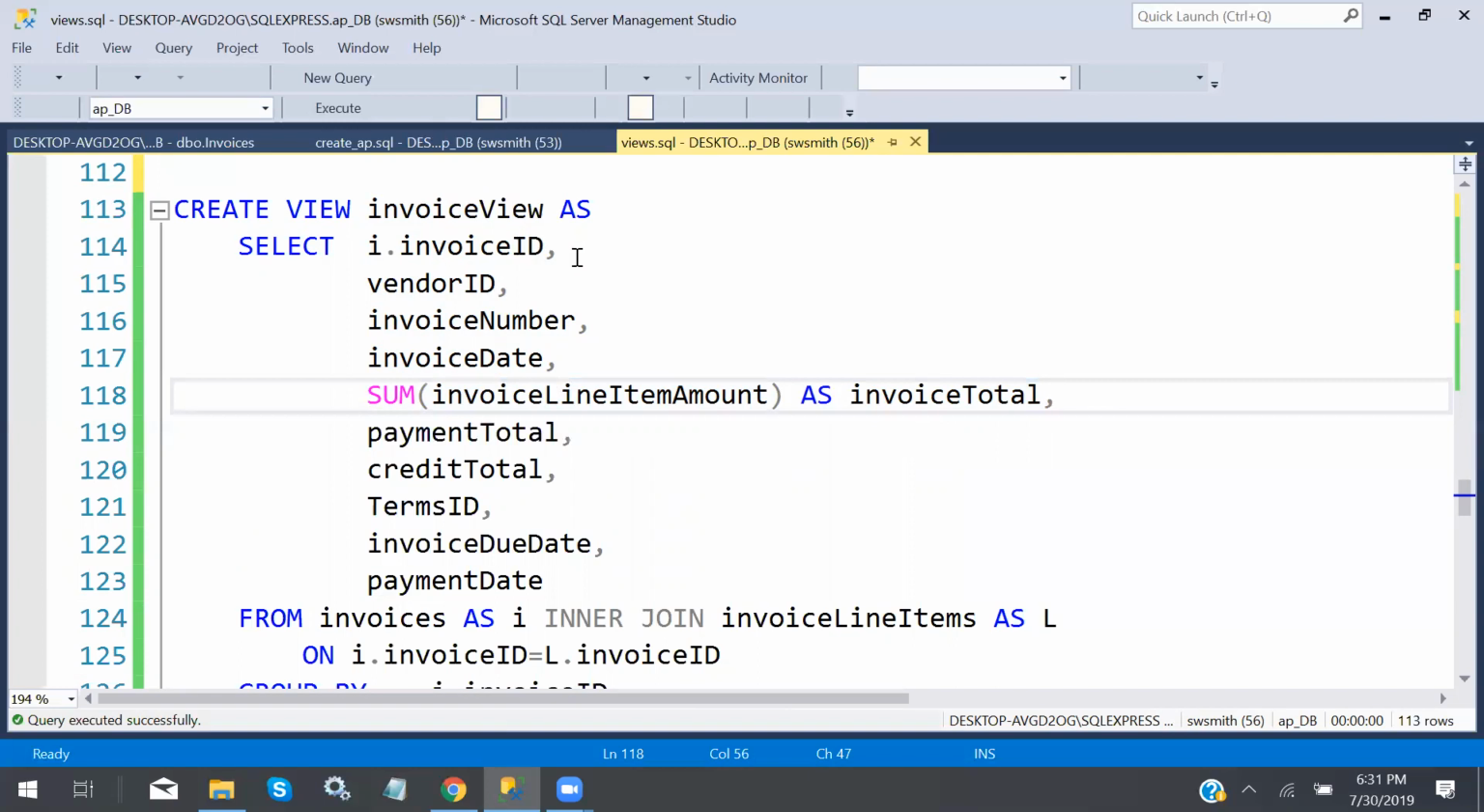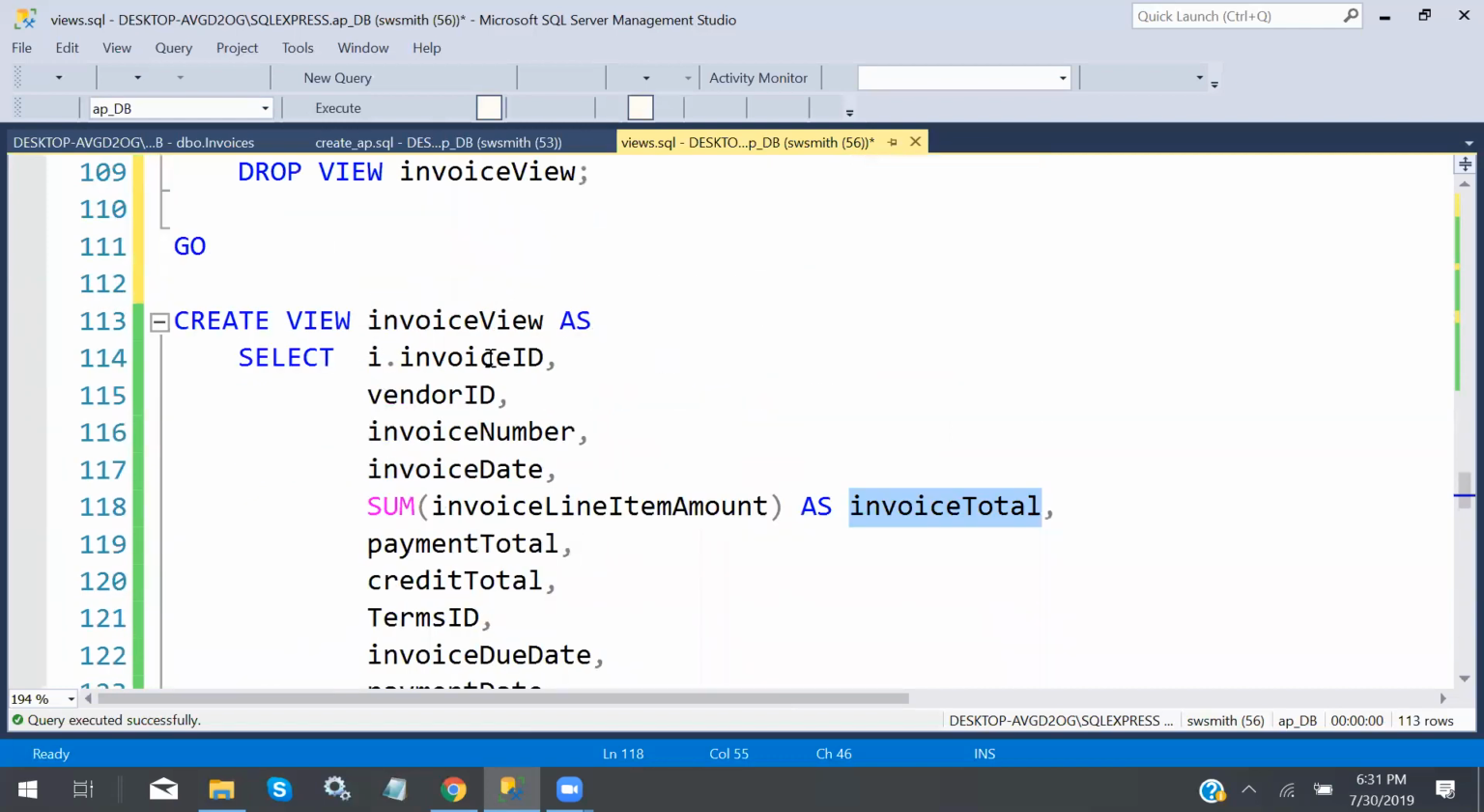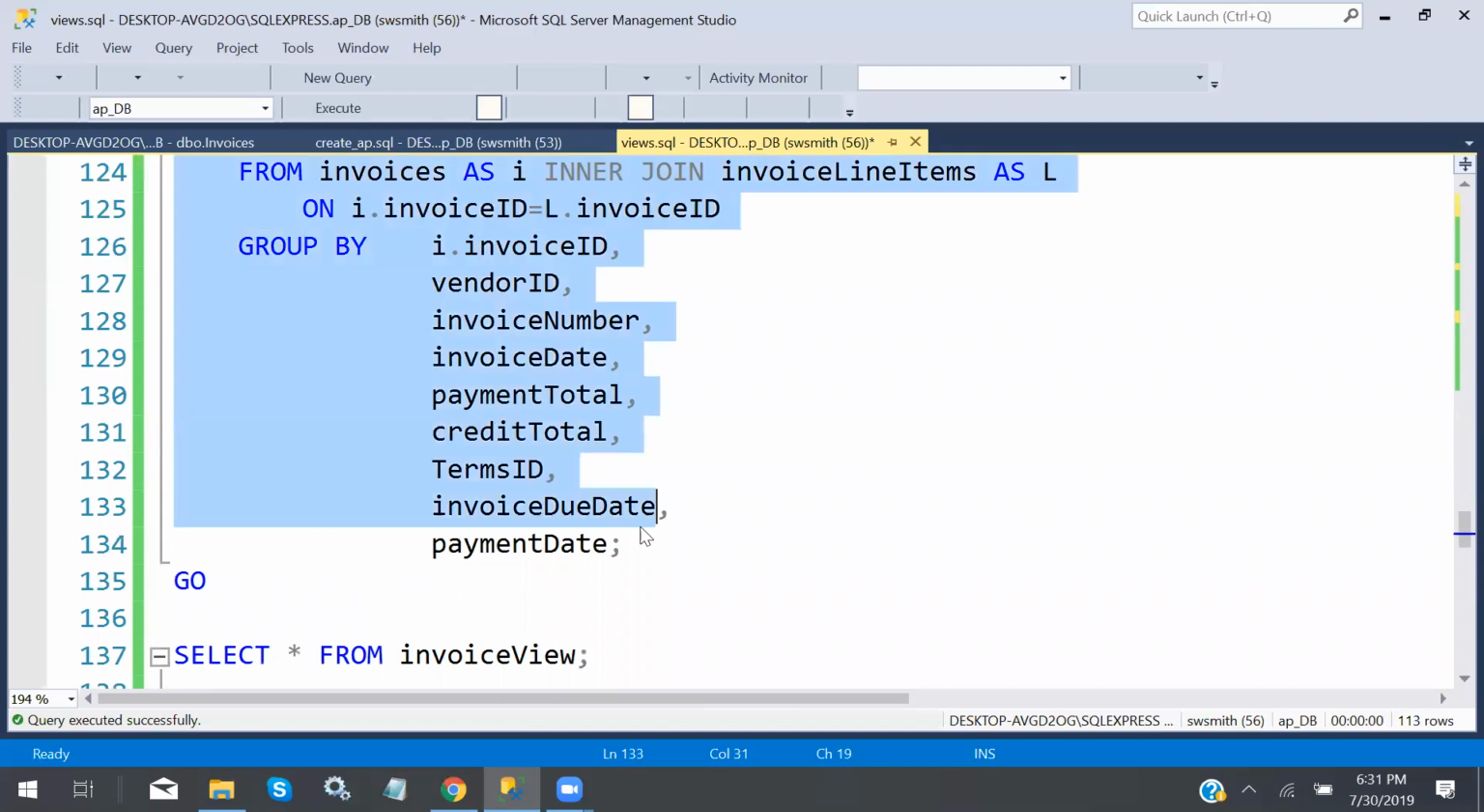To you, it looks exactly the same. The only thing that has changed is the name of the object. Invoices has changed to invoice view. All of the fields in it remained named the same. I even named this field invoice total. And it comes from the underlying table, so it's coming from a